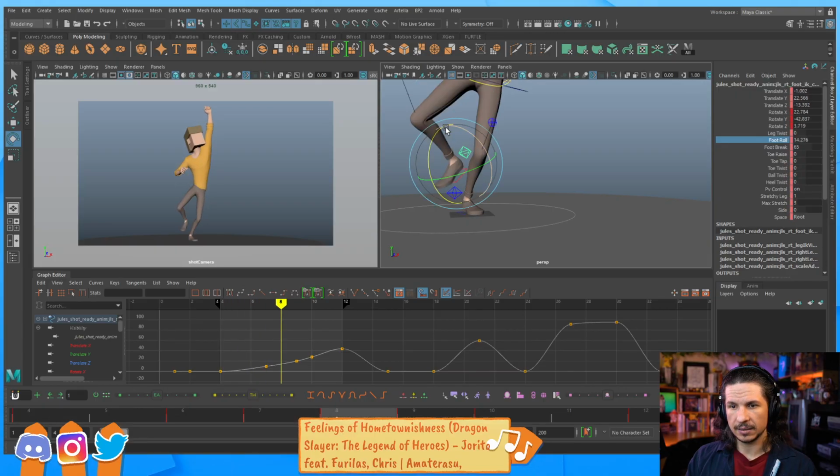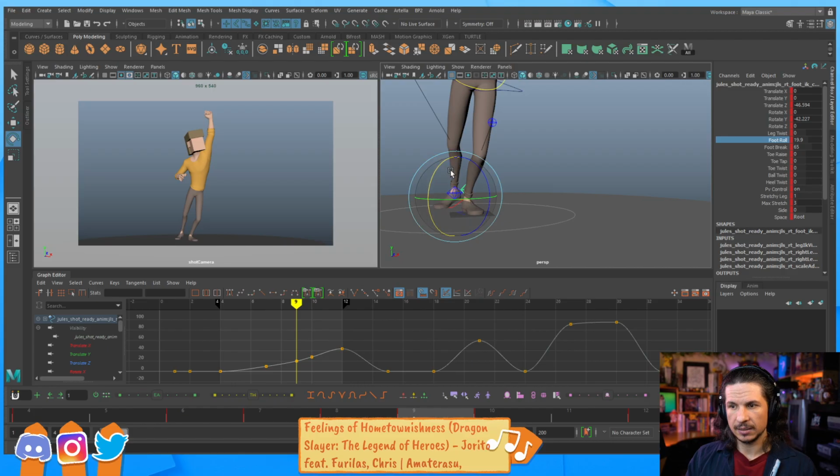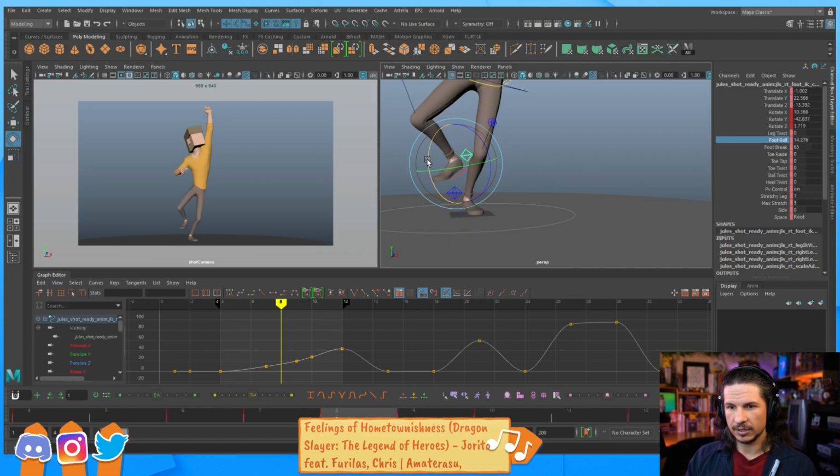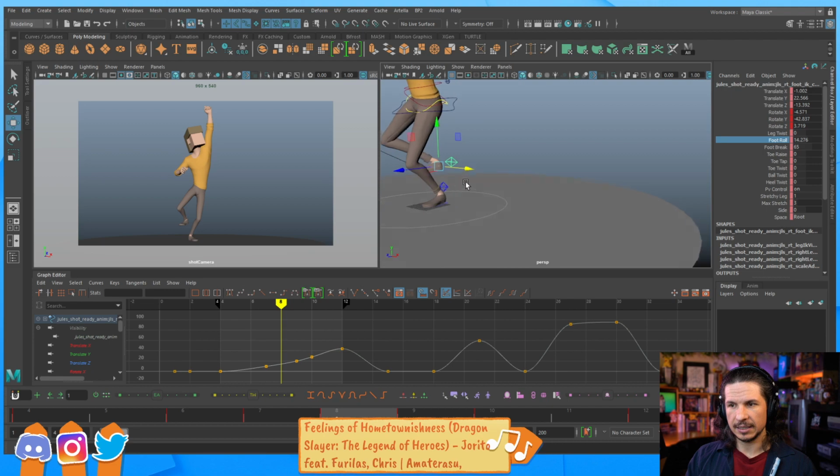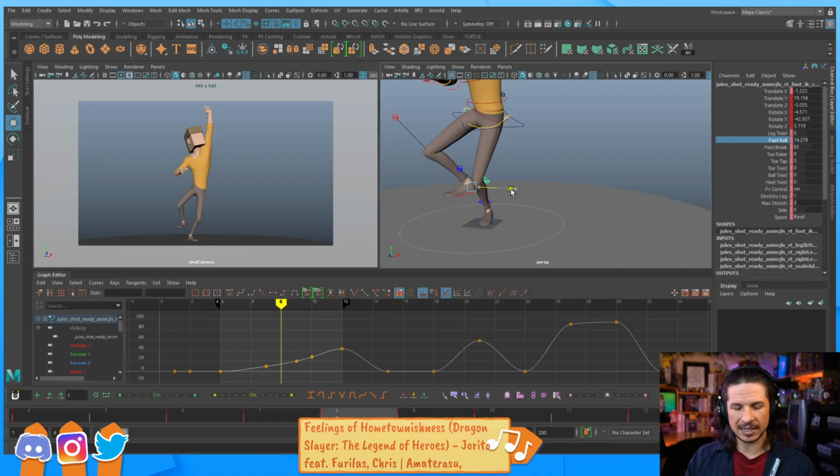So we get this, maybe not so much there. Actually, let's even describe this a little bit differently. Let's have him bounce off his heel. So instead of slamming his foot down on his toes, which feels kind of strange, let's change how we describe this action. So his foot's coming down,